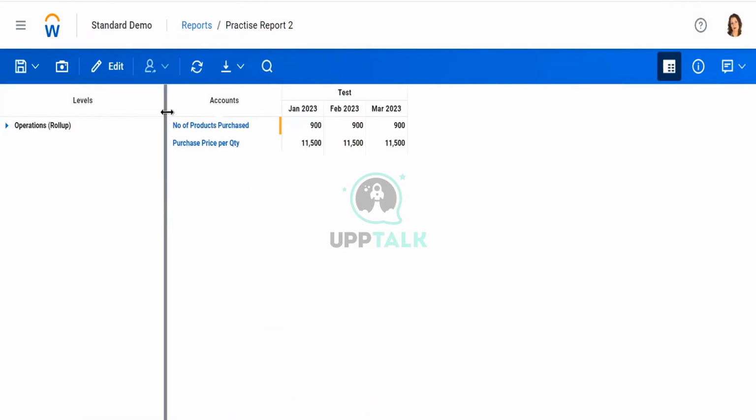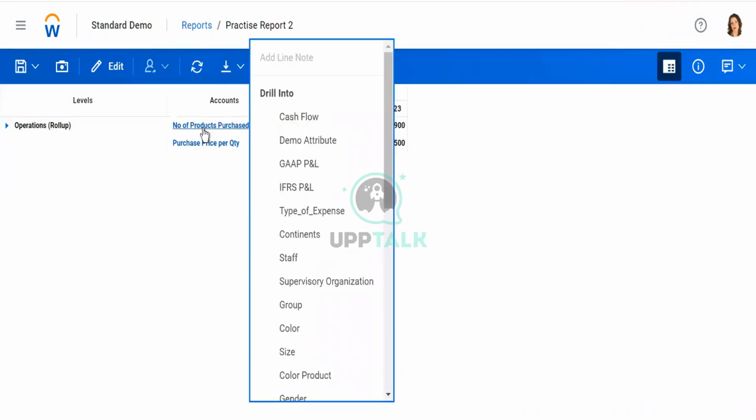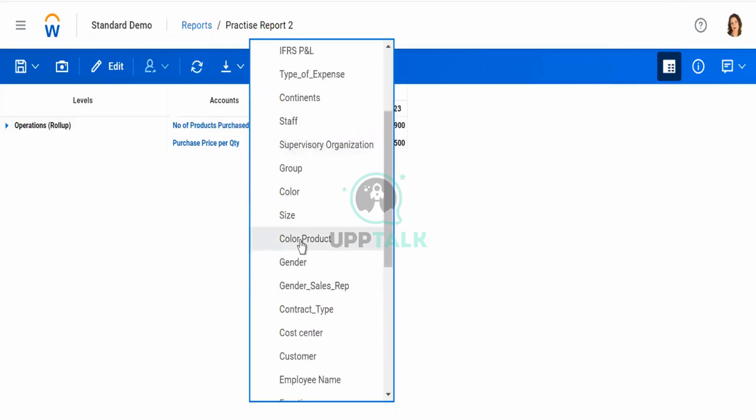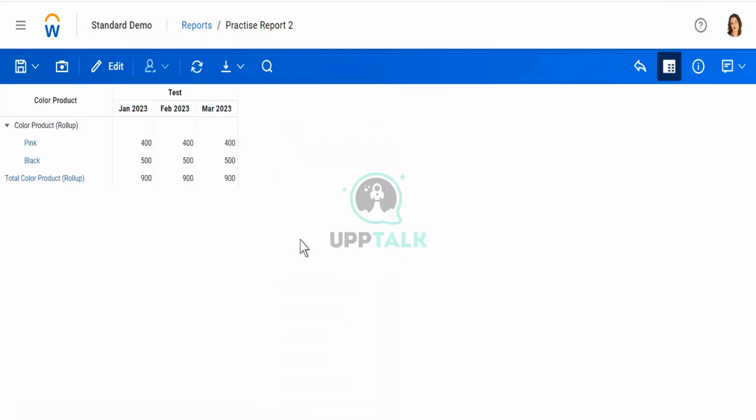Now we know that this is the data, but I want this information by color. There are two options that you can do. What I can do is, for number of products purchased, simply click on it, use this drill into functionality, and use by color product. If I click on color product, you will see the bifurcation of 900 by colors in the report itself. At the moment, you don't see an uncategorized value created here